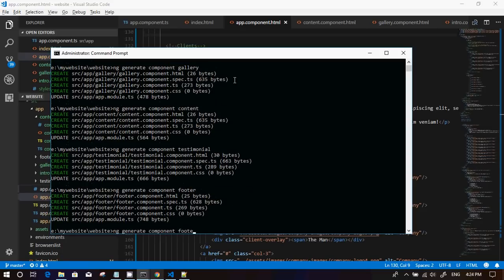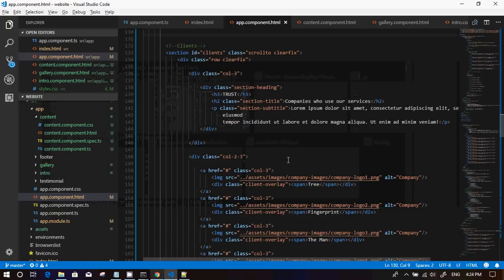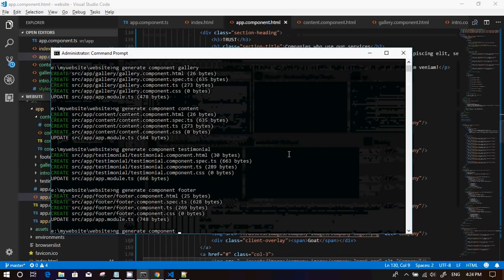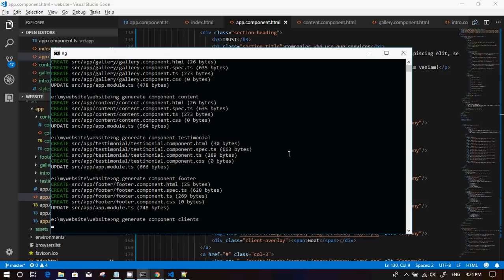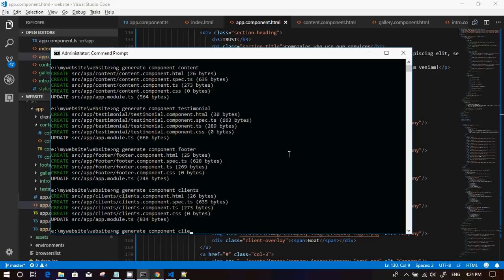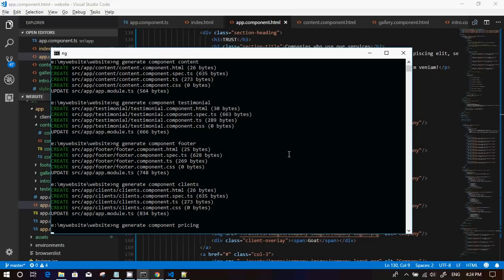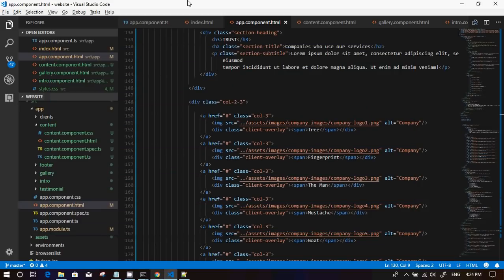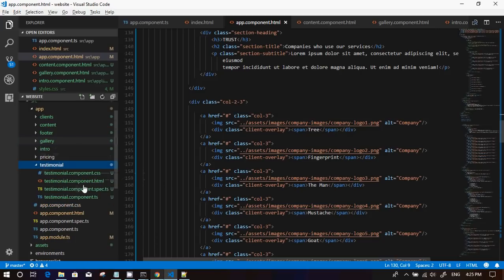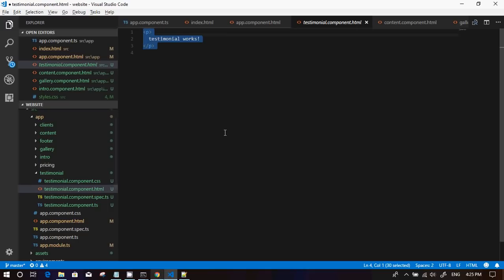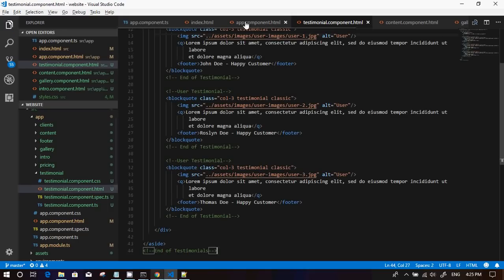Let's create one more component called clients, and pricing, and we are going to move it to the respective folder. Content, testimonial. Okay, Control S,